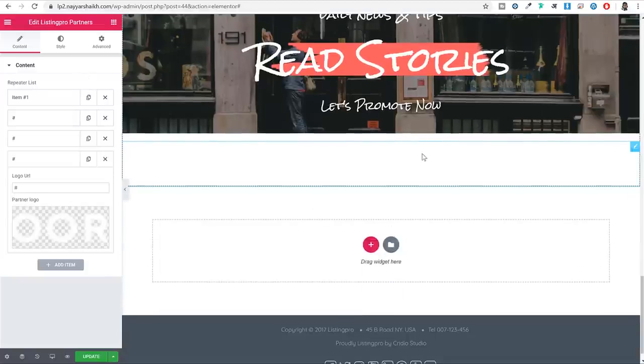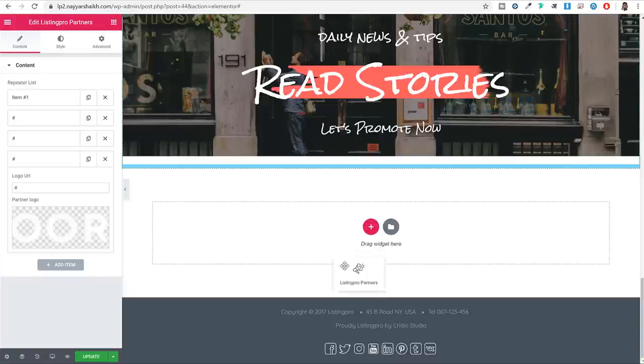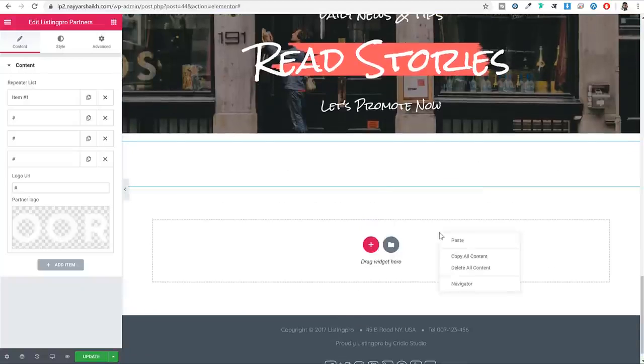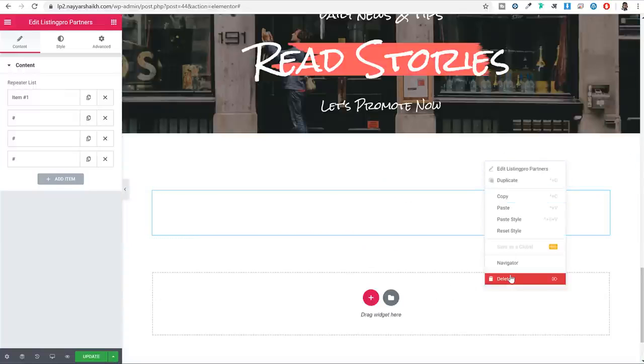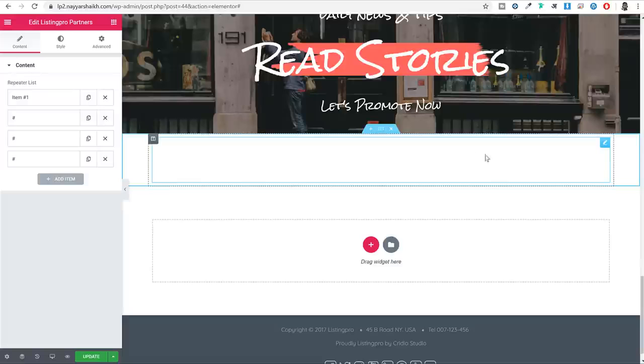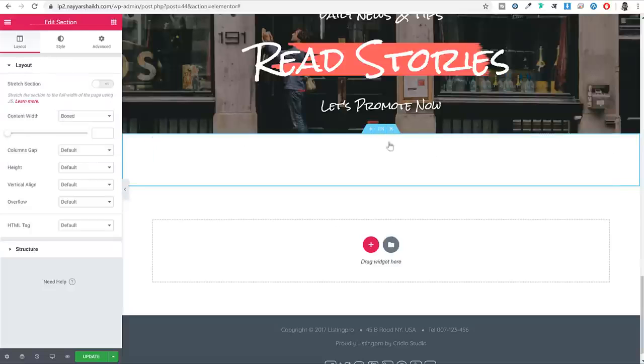Let me bring this in a new section. Okay, I think we cannot do that. If I copy it and paste it over here, much better. And I can cut this thing from here, so I want to bring this in a new section. Now, as you can see, we have this option, edit section. Click on that because I want to change